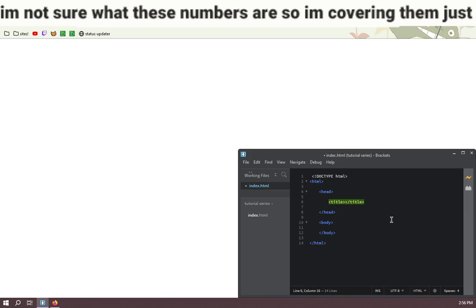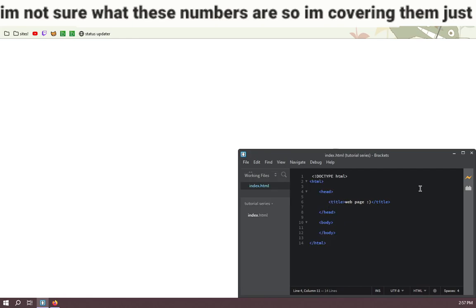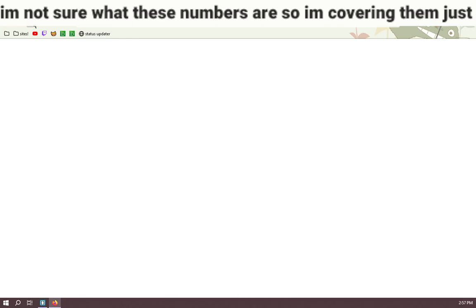Because I'm using Brackets, it's completed the closing tag for me. We go title, and let's just call this web page, with a little smiley face, if I can type. And then Control S to save, or I think file save will also work, but I'm using my keyboard because it's easier. There we go, and if I reload the page,